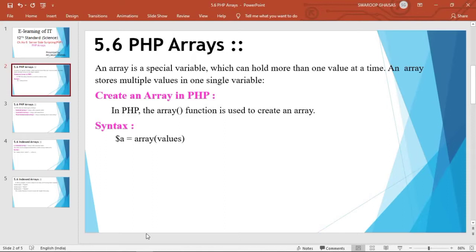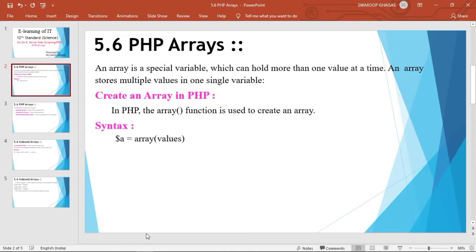Suppose $a is equal to 20, that is an integer value, or $a is equal to "xyz" in double quotes, a string value, or $a is equal to 49.86. In this way different types of values can be stored within a variable, but at a time it can hold only one value.